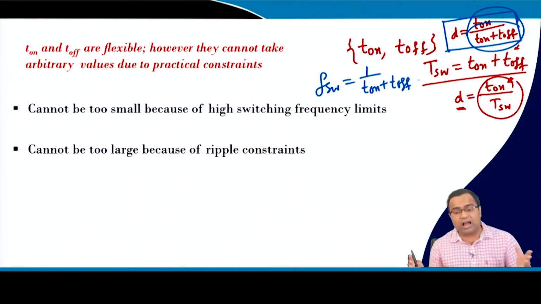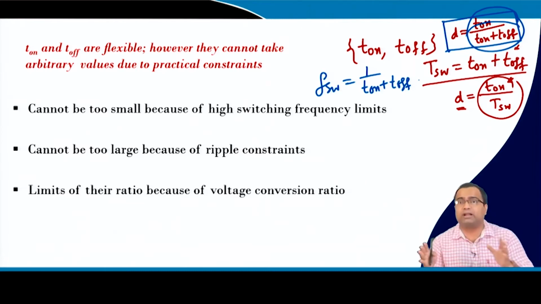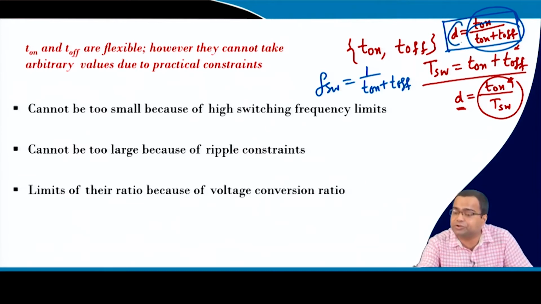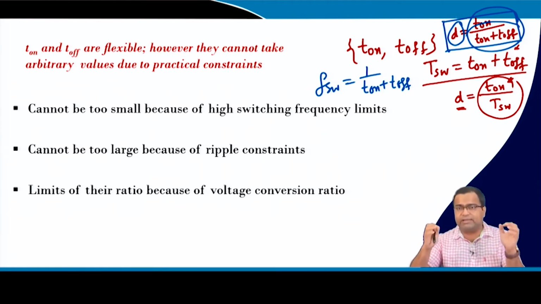They cannot be too large because the switching frequency will be too low and the ripple will be too large. The ratio cannot abruptly change because the duty ratio has a limit. So, there is an upper limit and a lower limit, and we have discussed in the steady state loss analysis, even in a boost